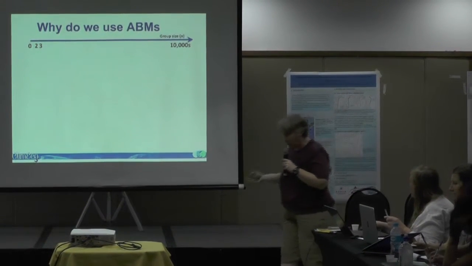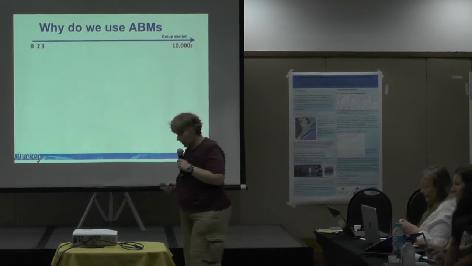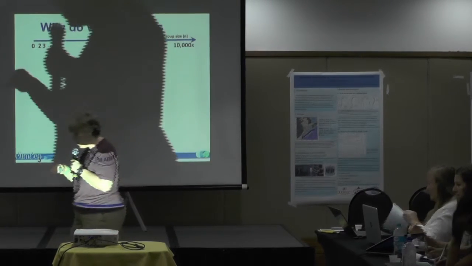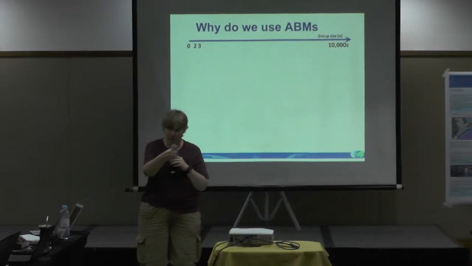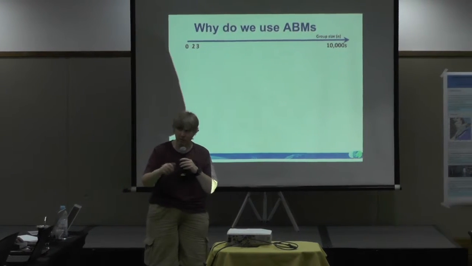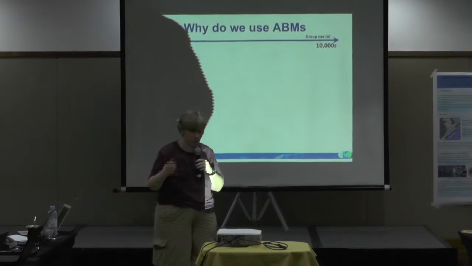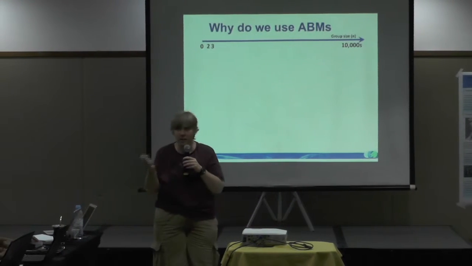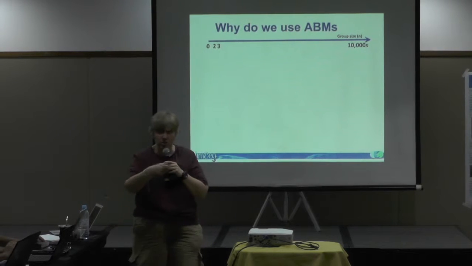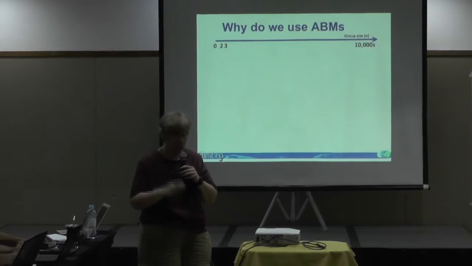So how do you know when to use an agent-based model? An agent-based model is when you use a set of decision criteria to dictate the behaviour, what's happening in the model, instead of a differential equation or a statistical equation. Okay? So it's a bit like a first-person shooter. It's a video game, effectively. So it's a decision tree that they follow, and I'll get into this in a bit more.